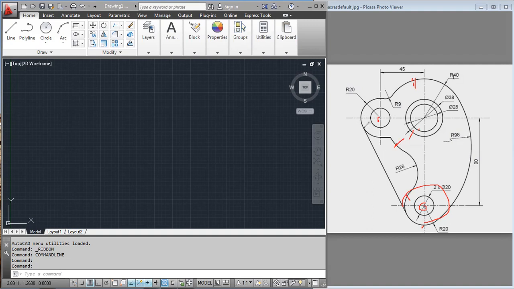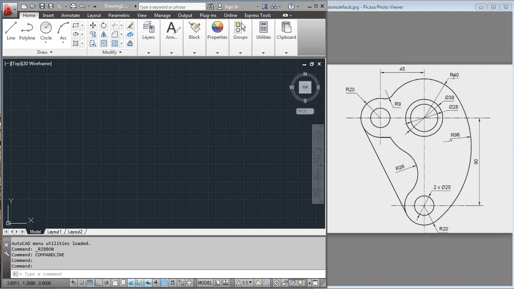After that, I will draw a tangent line from this circle to this circle. This line will be drawn. Then I can do another fillet or a tangent radius to draw out this part, and the remaining extra parts will be deleted. So this will be my work for today.